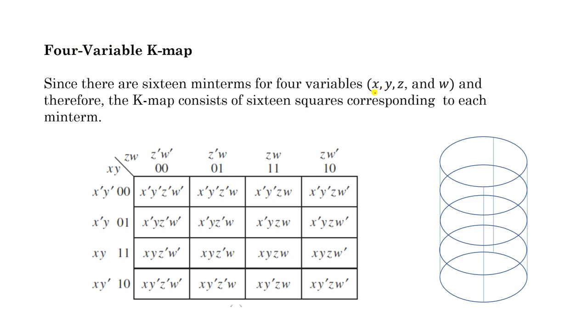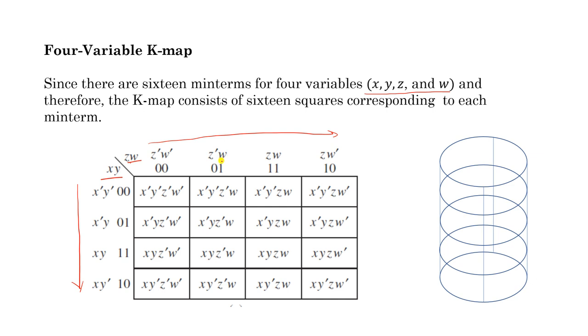I have taken the variables x, y, z, and w, and this K map for these variables is written as here. In the row I have taken the variables x, y, and here zw. So these terms are written in a particular order. Similarly, these terms are written in a particular order. If you see any two adjacent terms, then you will find that there is a change of one literal only.